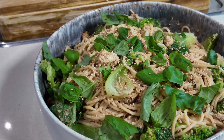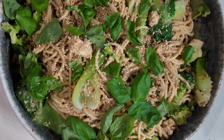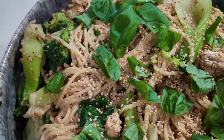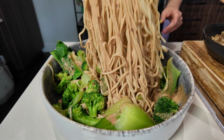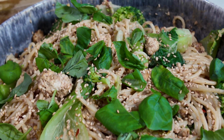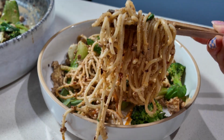Okay people, a big bowl of noodles that only takes 20 minutes to make with 40 grams of protein and 560 calories per bowl. Yep, we're doing it today. This is my latest comfort food dinner obsession that is also really healthy and it's so good and you deserve to eat it. In fact, it's not fair that I've been eating this for weeks now and you haven't eaten